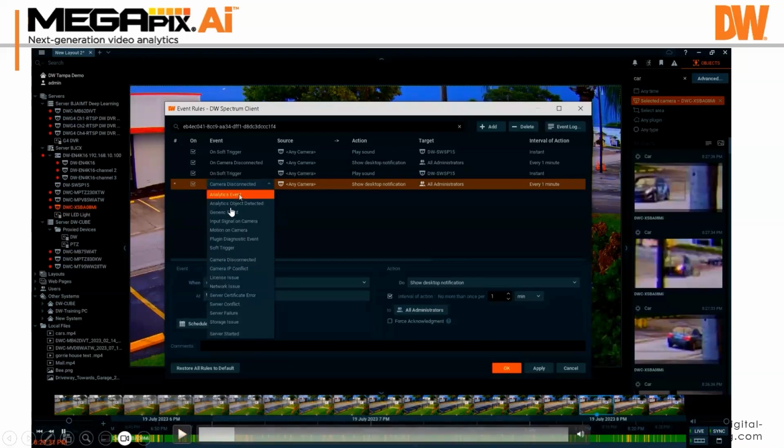And by the way, you have analytic options, object detector. We're going to talk a little bit about that. Generic event is when a third-party thing comes in. If there's an input signal, so that can be an alarm input on a camera or alarm input on a third-party device. There's a product called Advantech out there, which is an IO box. Axis makes an IO box. Motion on camera, and then, of course, soft trigger, which is you can put a button on the screen,